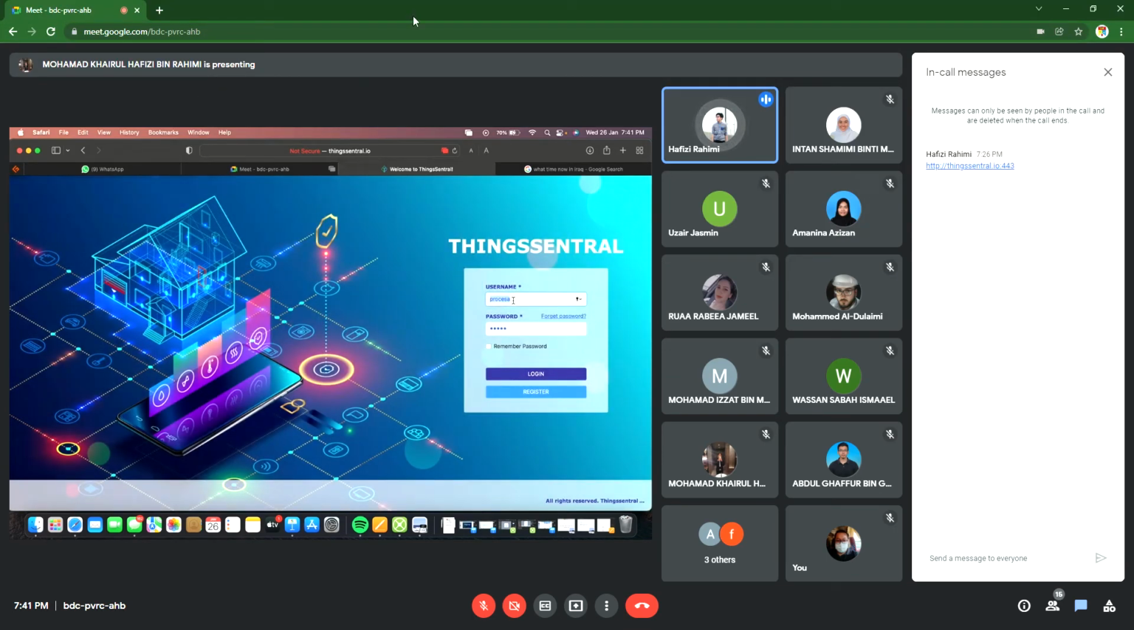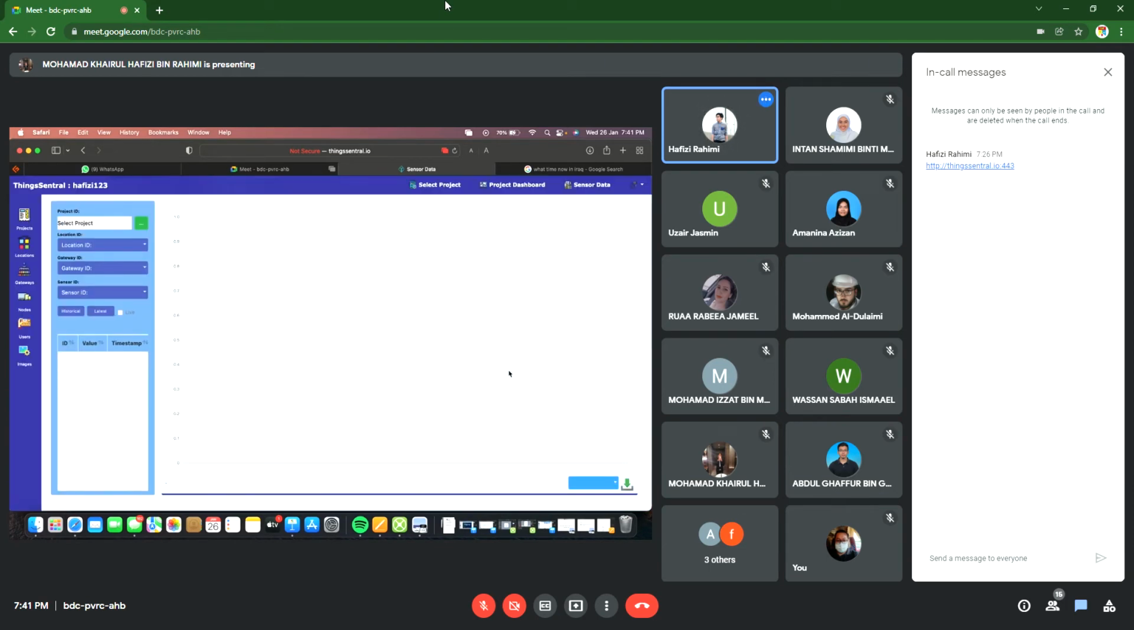Okay, so you go to username Hafizi123 and the password Hafizi20. Then you click login. Okay, on this part, so first of all, you need to select this on the left side, which is where we